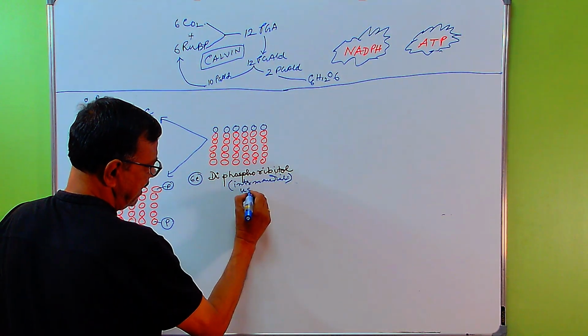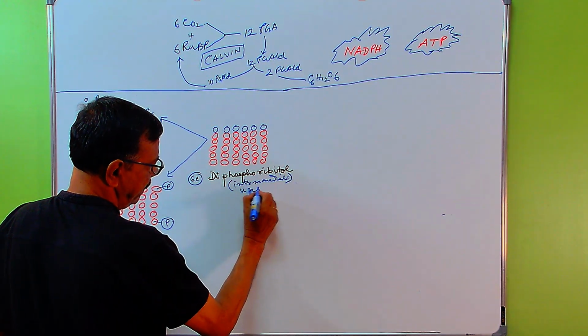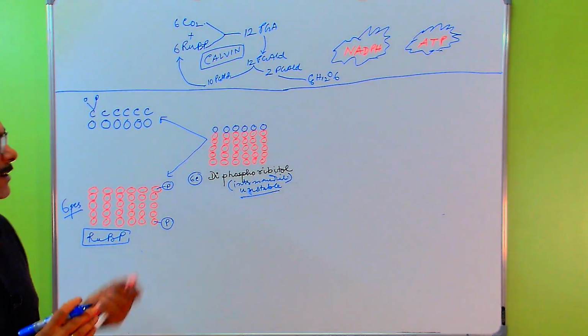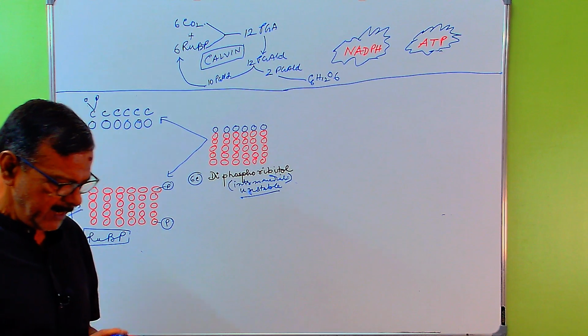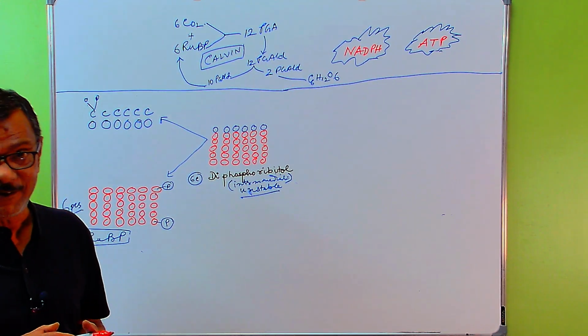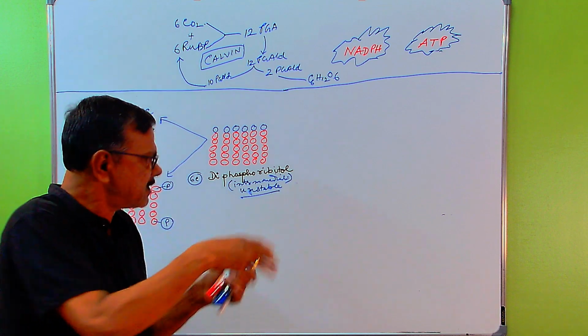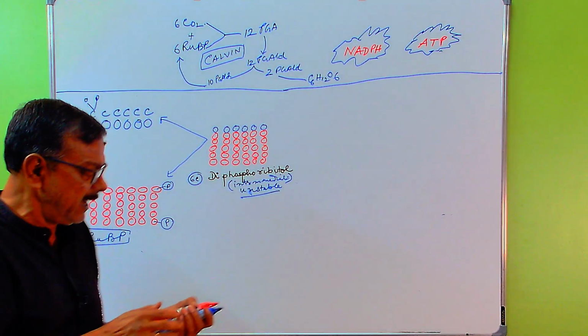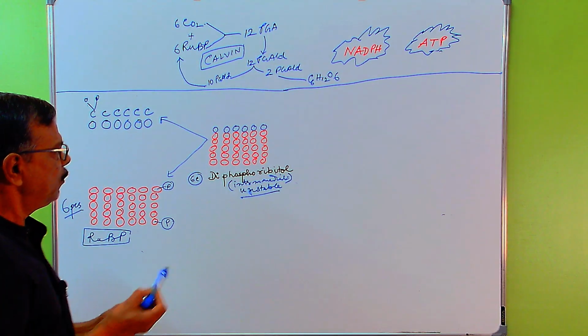So an unstable intermediate 6 carbon compound has been formed. Since it is unstable, you cannot test it in the laboratory, because it immediately gets converted to